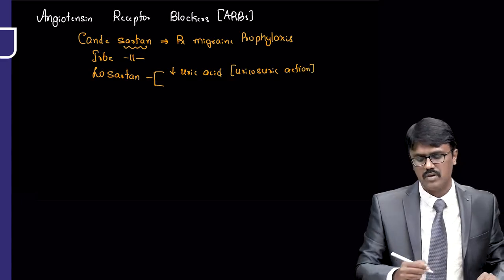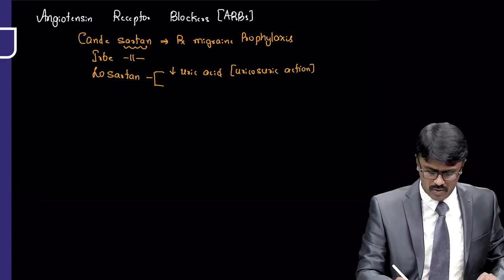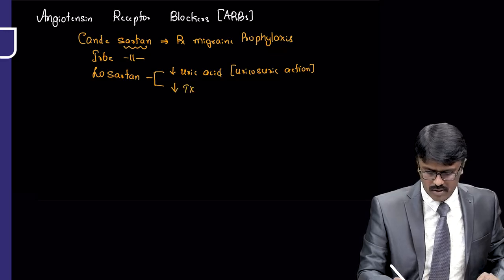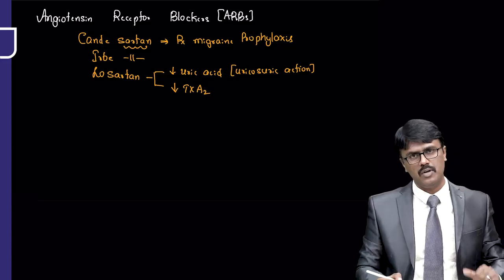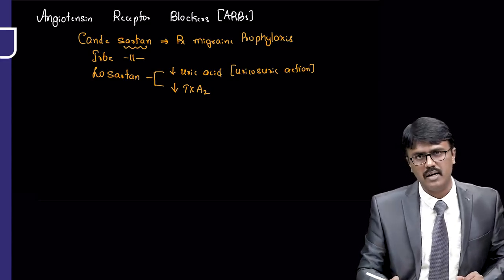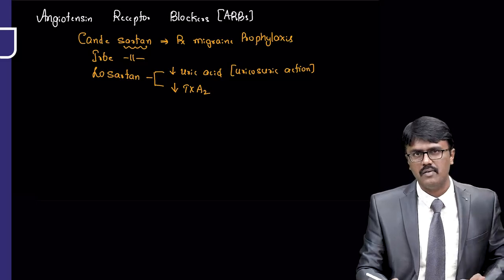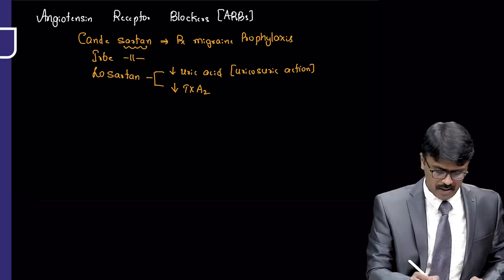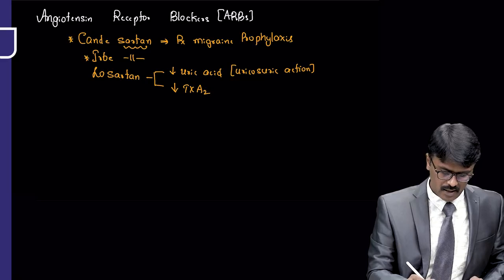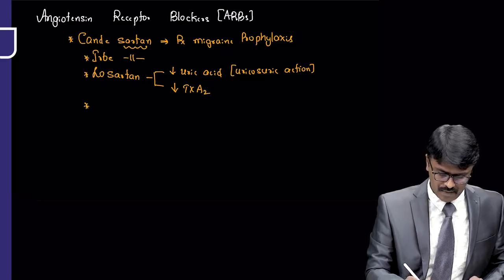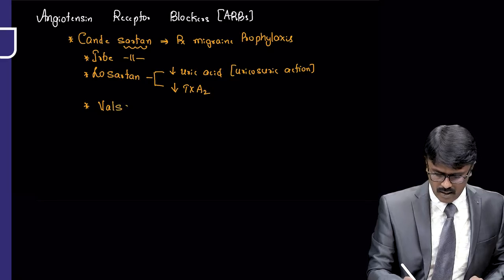Also it is shown to lower thromboxane A2, which is an advantage. Thromboxane A2 causes platelet aggregation, so if you decrease that, platelet aggregation decreases. So we have basically candesartan, irbesartan, losartan, and valsartan,